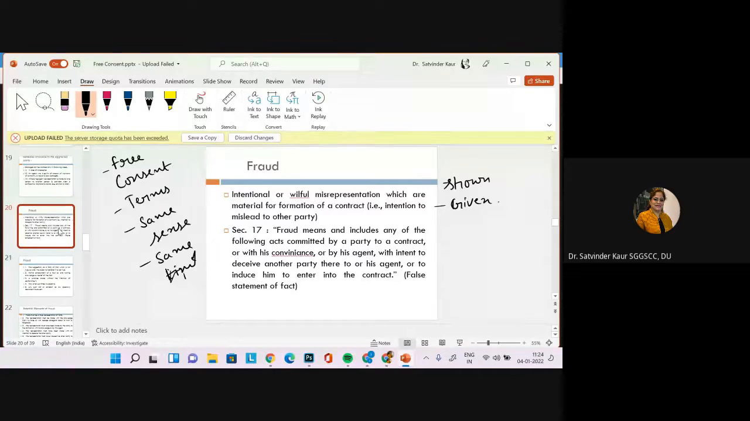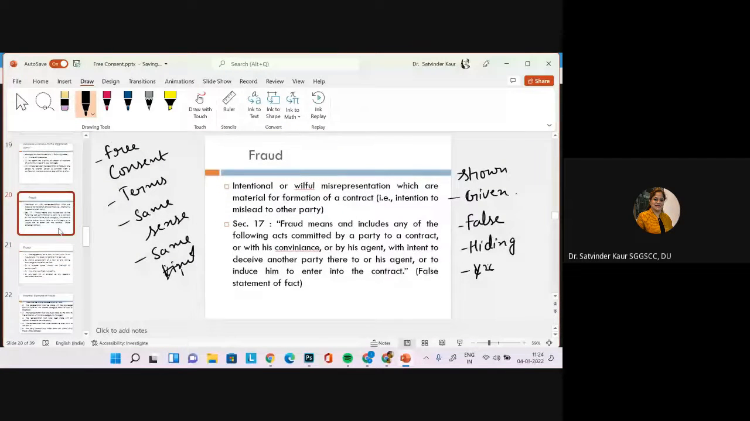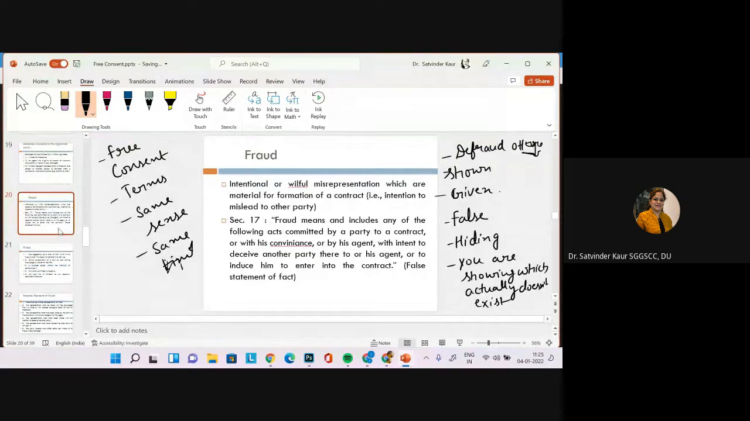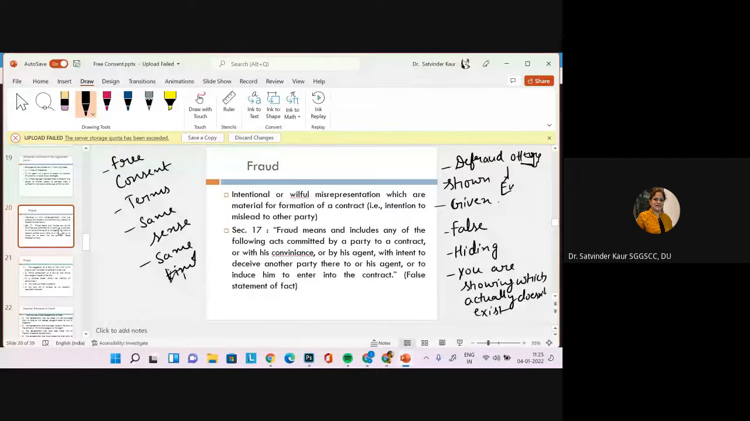No, ma'am. Right. So when we say fraud, fraud means that either you are making some false statement, or you are hiding some fact, or you are showing to the other party something which actually does not exist, and your intention is to defraud others. It's not unintentional. And all these activities have been done to compel the other party to enter into the contract,